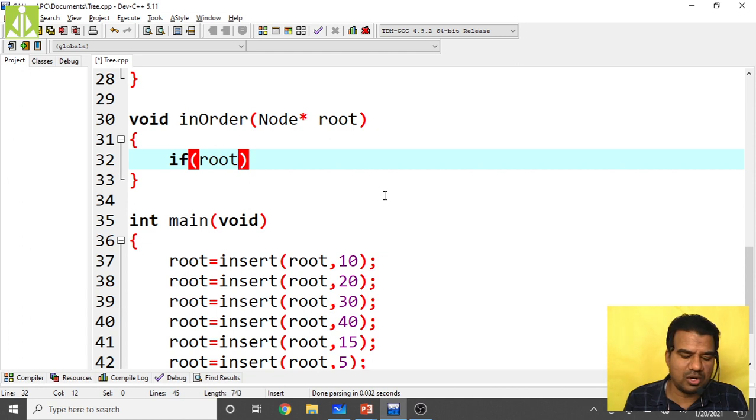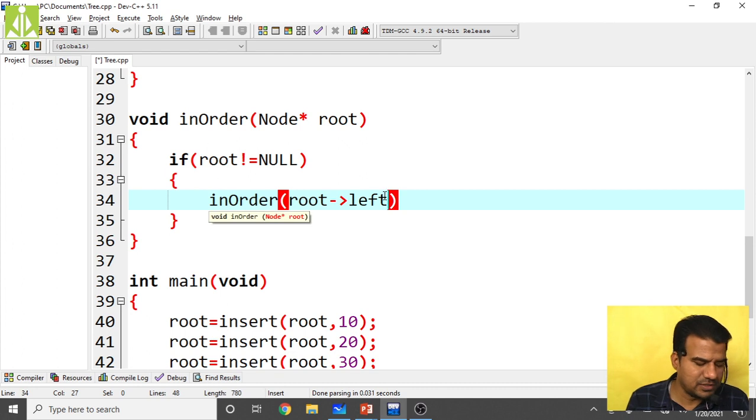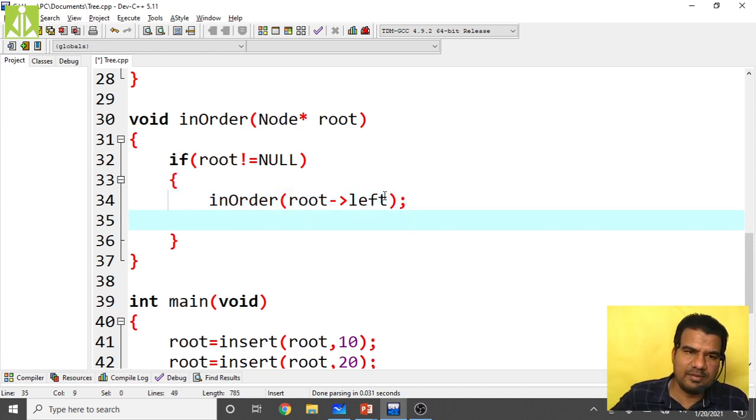If root not equals to null, then what we are doing, in order of root to left. Same function recursively we are calling by just passing the left child of root node.